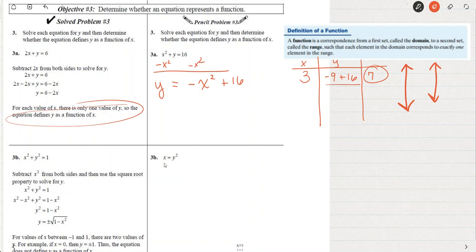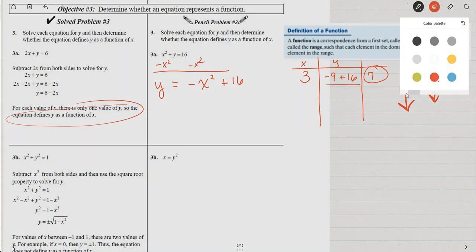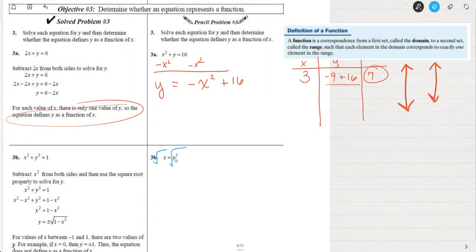Let's look at this next one, and maybe sometimes seeing the counter example makes it a little more obvious. If we solved this for x, or for y rather, we'd have to take the square root of both sides, but when I take the square root of x, I'd have to do the plus or minus, right? Let me write it like this, just to make sure everyone's clear. If I just reverse them to have it y squared equals x,